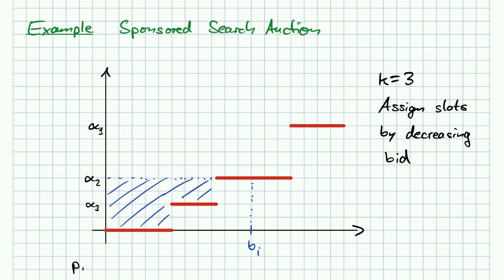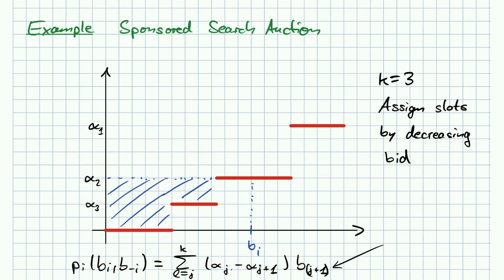We would now get that pi of b_i comma b_minus_i is equal to the following. Take the sum over all slots of higher index, and now you ask, what is this? This here is the j plus 1 highest bid,